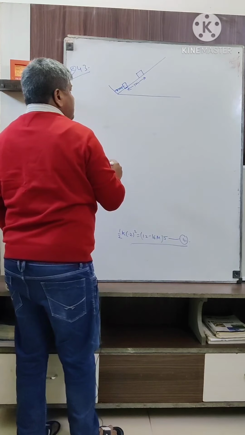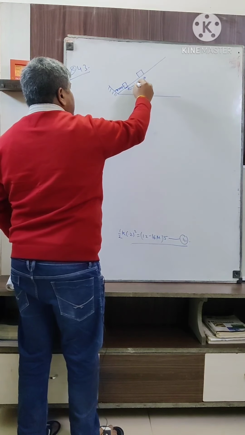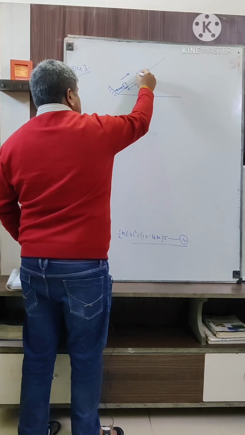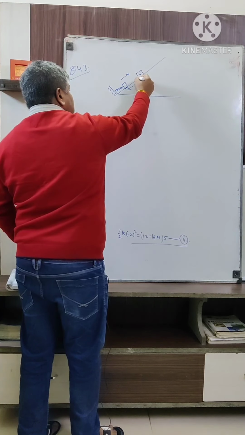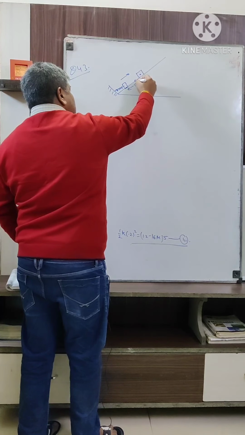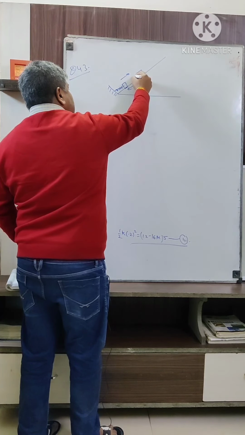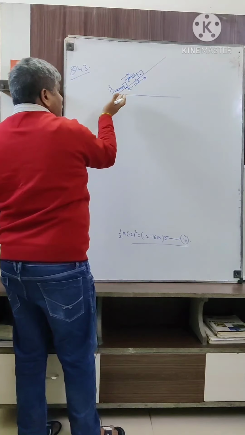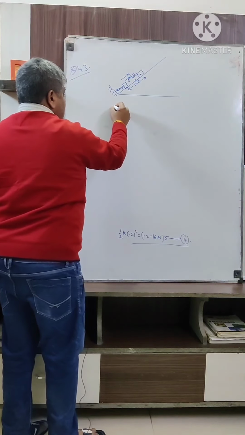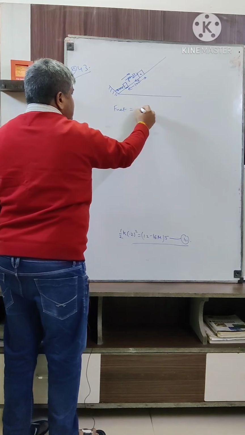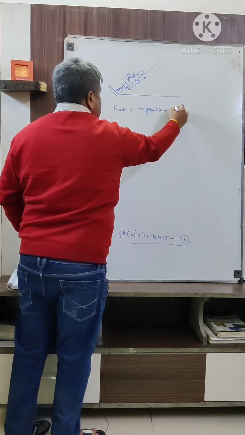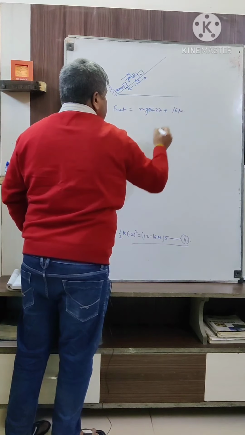So here also we have to find the work done. First of all, we have to find what forces are acting on the block when it is moving upwards. When the block moves in the upward direction, the friction will act opposite to it, and the component of weight is already acting on it. It is mg sin 37. So now the net force acting on the block is mg sin 37 plus the frictional force, which we have already calculated as 16 mu.